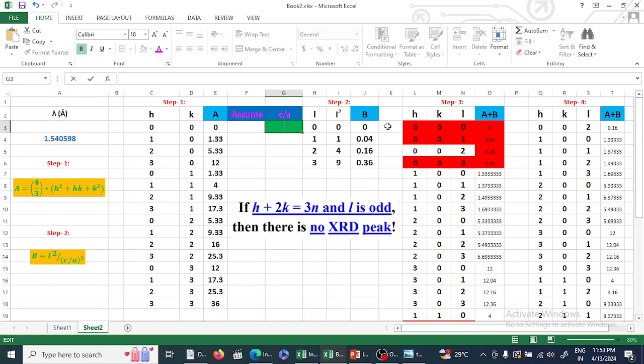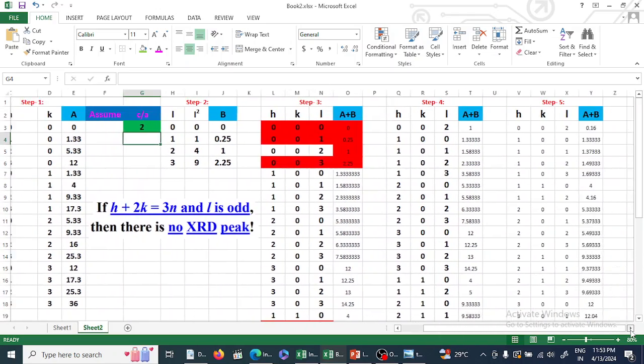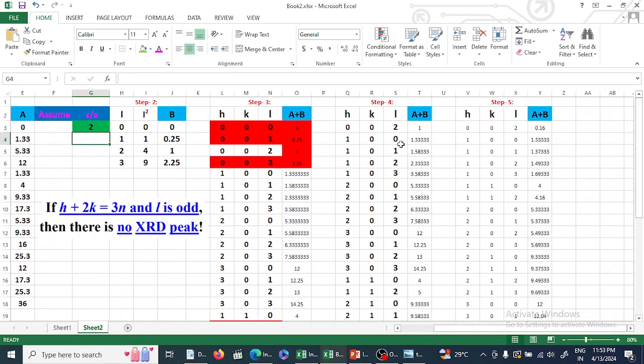Now here you can get the benefit. See, I simply write 2, enter, you see, automatically this value changed, this value changed, this value also changed. You need not do anything up to step 4. In step 5 you have to do something, that is you simply